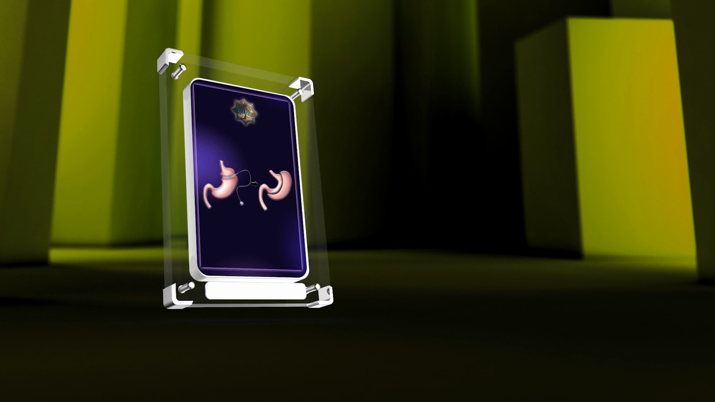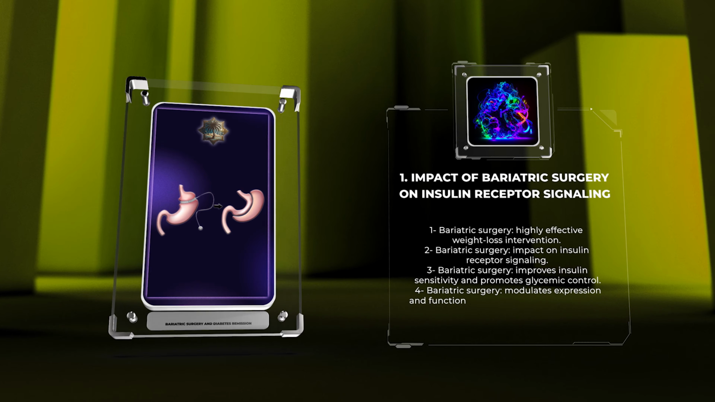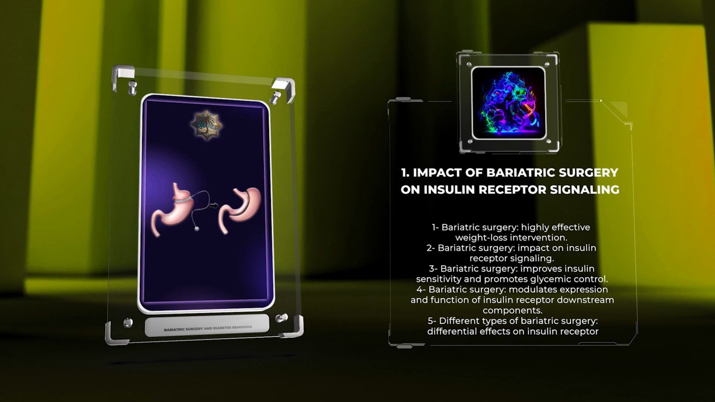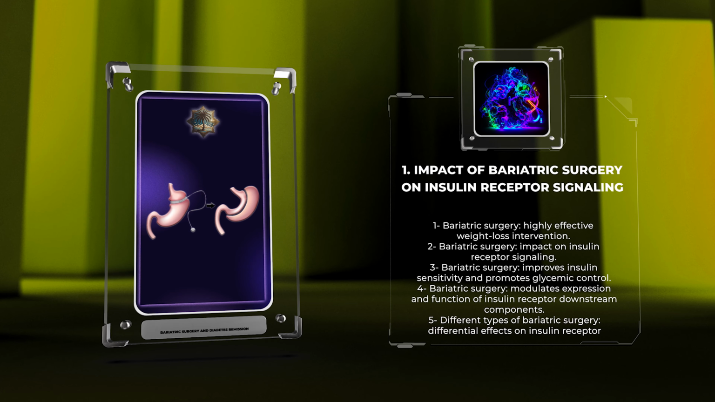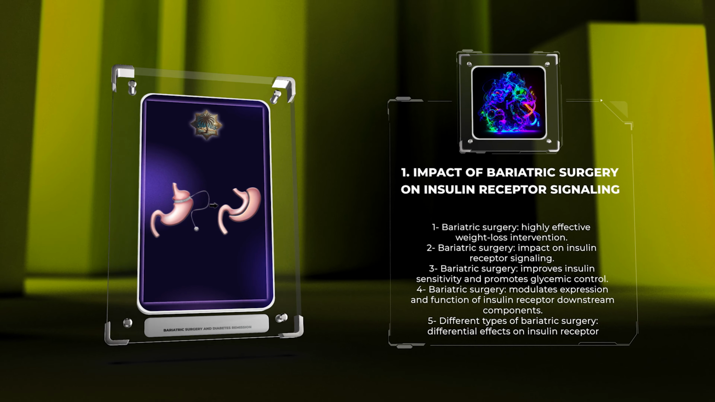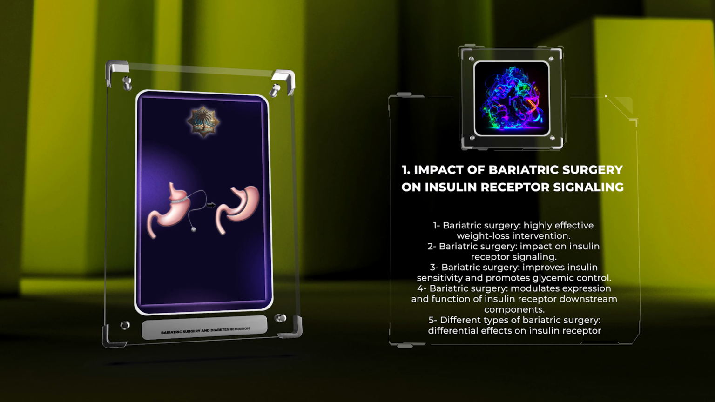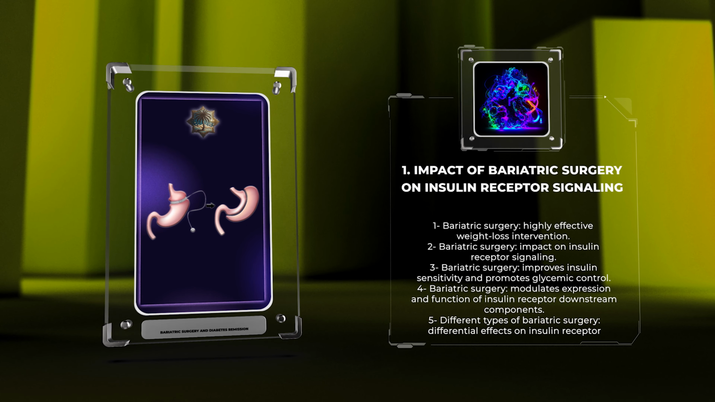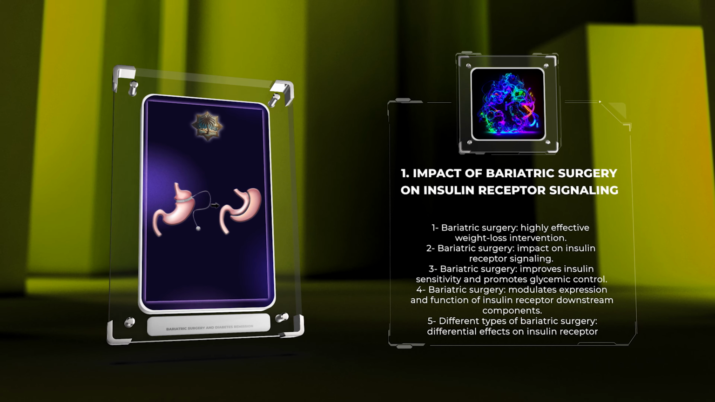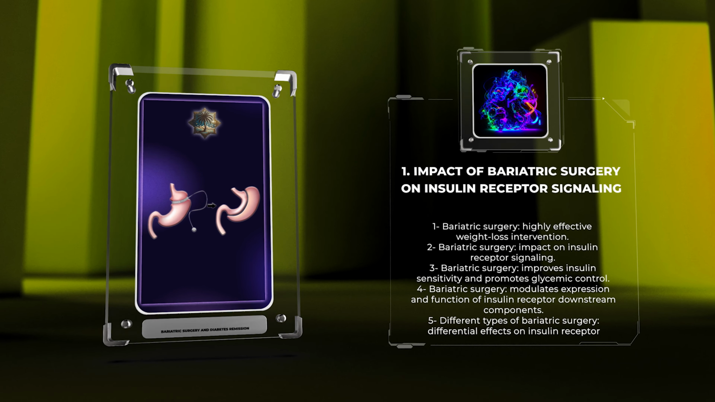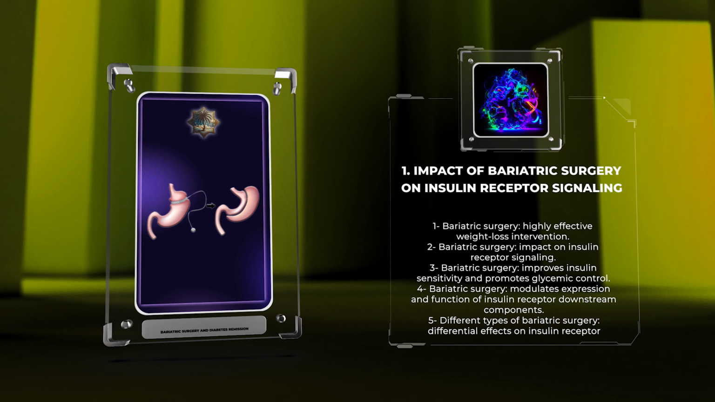Bariatric surgery, a highly effective weight loss intervention for individuals with severe obesity, has proven to have a significant impact on insulin receptor signaling. Within the setting of diabetes, this surgical procedure has been shown to improve insulin sensitivity and promote glycemic control. Mechanistically, bariatric surgery affects insulin receptor signaling by modulating the expression and function of multiple insulin receptor downstream components, including insulin receptor substrate 1, IRS1, IRS2, phosphatidylinositide 3 kinase, PI3K, protein kinase B, AKT, and glucose transporter 4, GLUT4, among others. These alterations lead to enhanced insulin signaling, increased glucose uptake, and improved glycemic control in patients